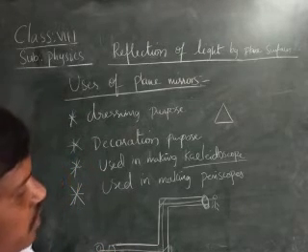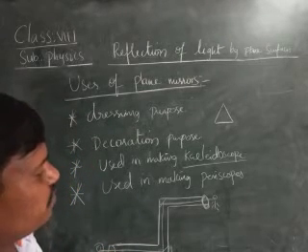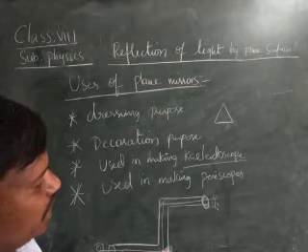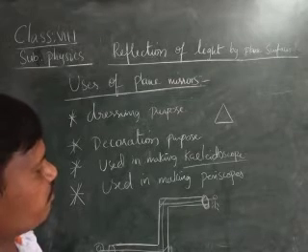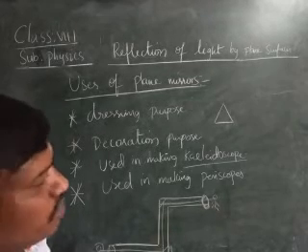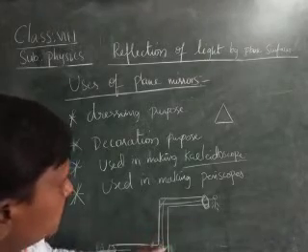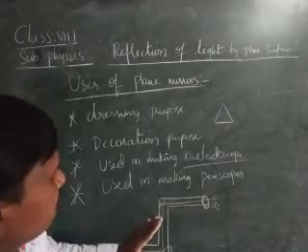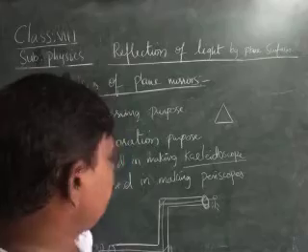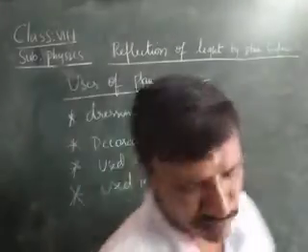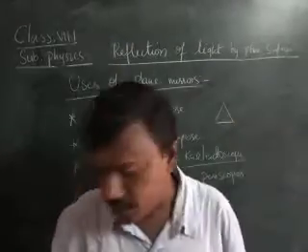This is used for different purposes. Without actual viewing, they are able to detect the enemy or the vehicles of the enemy. Such a device is called a periscope. These periscopes are used for defense purposes, and they are prepared on the basis of plane mirrors. That's about the periscope.